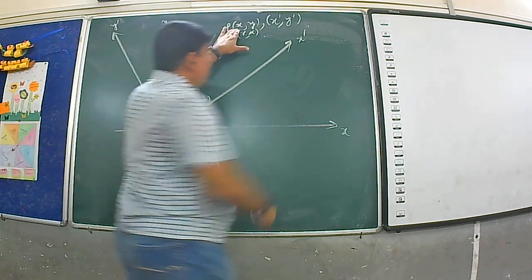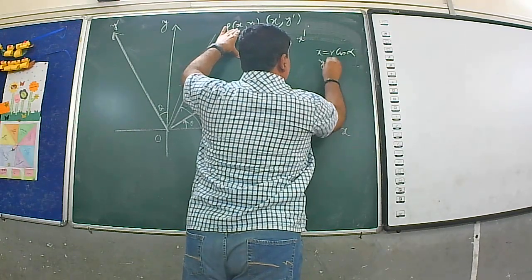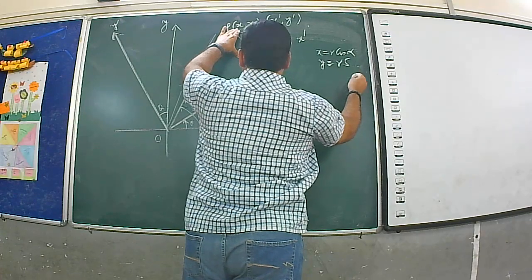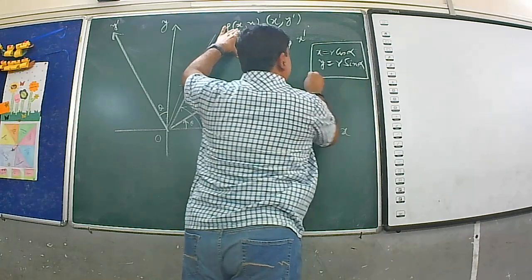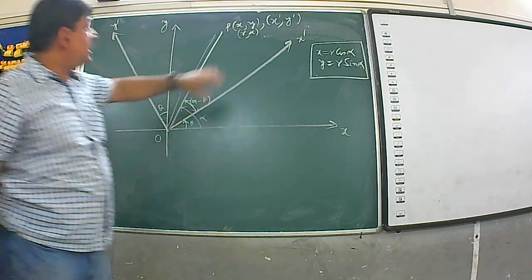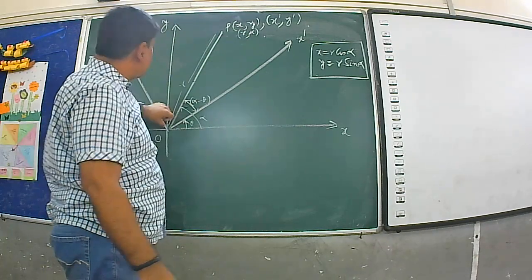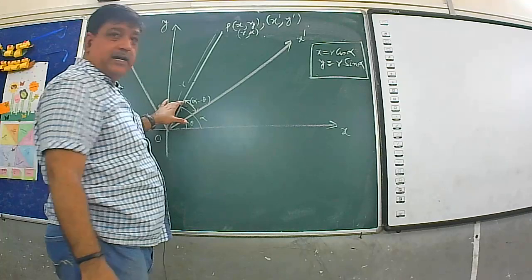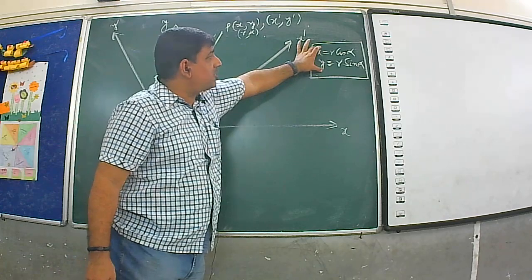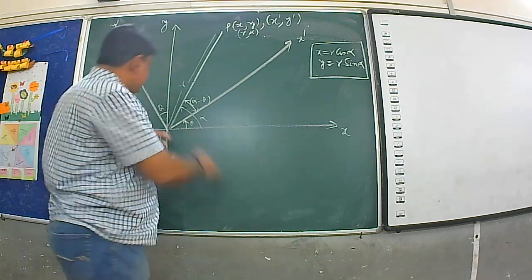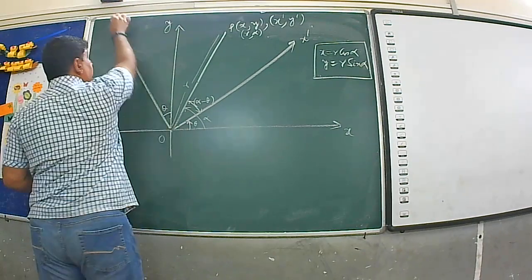So here, we can write x is equal to r cos alpha and y is equal to r sin alpha. We can easily write x and y as r cos alpha and r sin alpha. These are the Cartesian and polar coordinates at the same instant. Now this one is r and this angle is alpha, the angle made by the x-axis with the positive direction. So that's why x is r cos alpha, y is r sin alpha. Now suppose with respect to this axis, this one is the new x-axis, this one is the new y-axis.